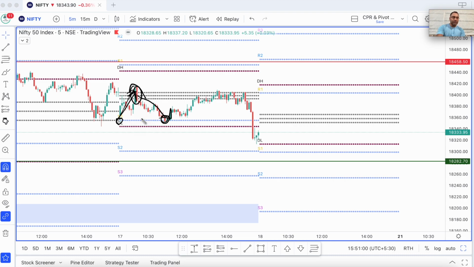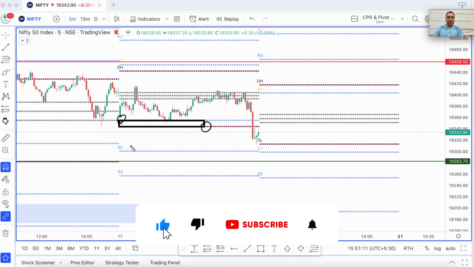Anyway, it was going to be difficult for price to break that zone, because this particular zone had three supports: the S1, the day low, as well as the previous day low. So this support had to be broken, and had this support been broken like this, then there was a definite